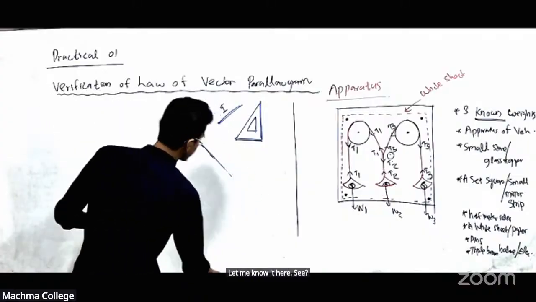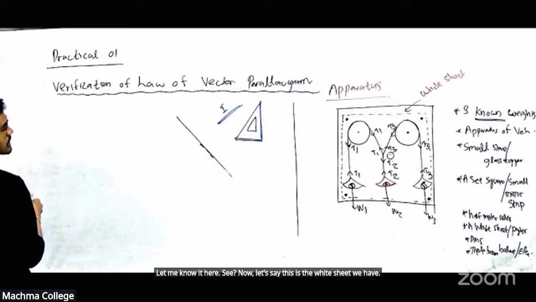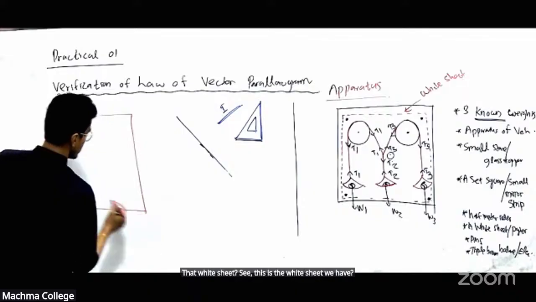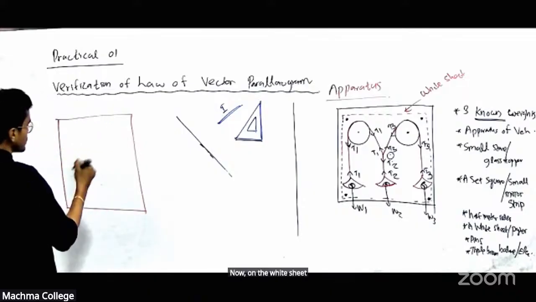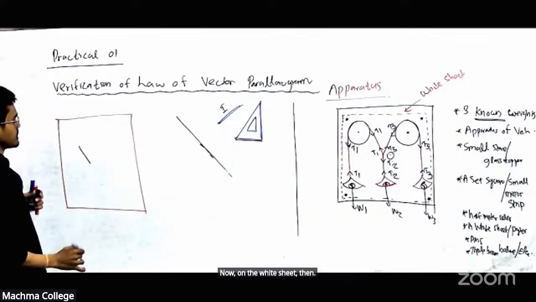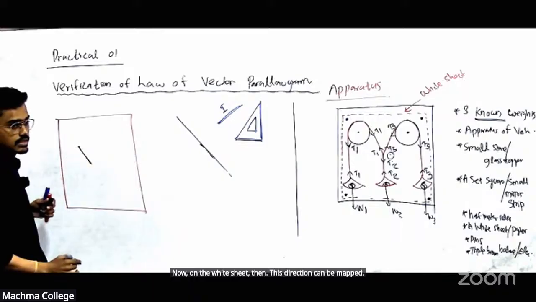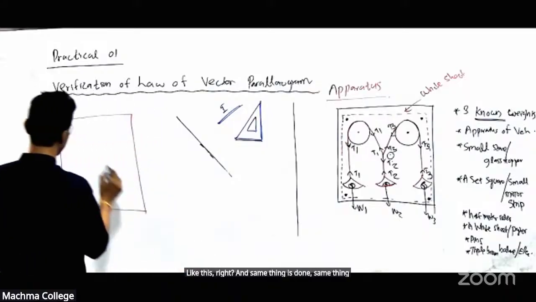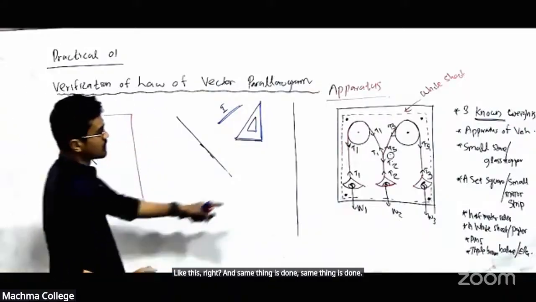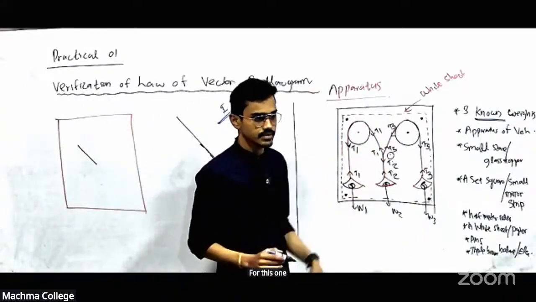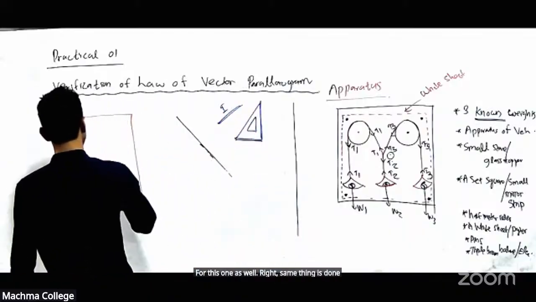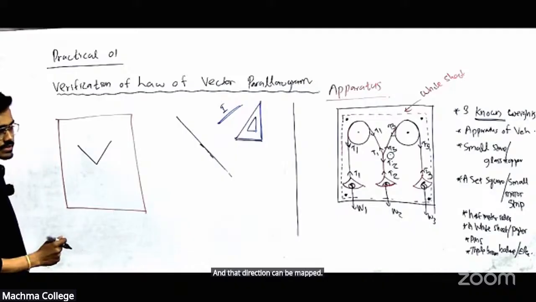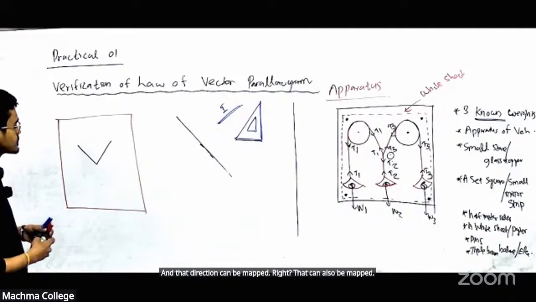Now let's say this is the white sheet we have. On the white sheet, this direction can be marked like this. Right? And the same thing is done for this one as well, and that direction can be marked. That can also be marked. And then